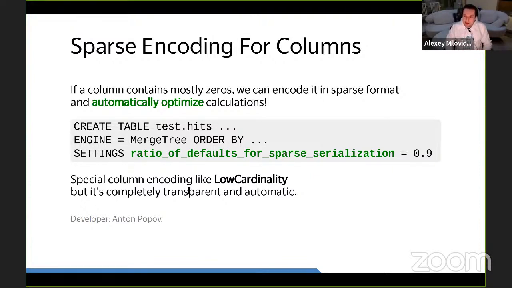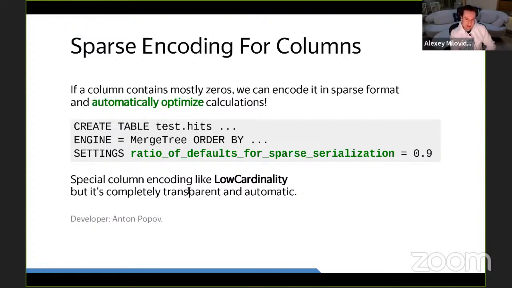But now we also have something more advanced. What if we automatically use this information for calculations? We will store data in a special sparse format, and we can process this data without full decompression.